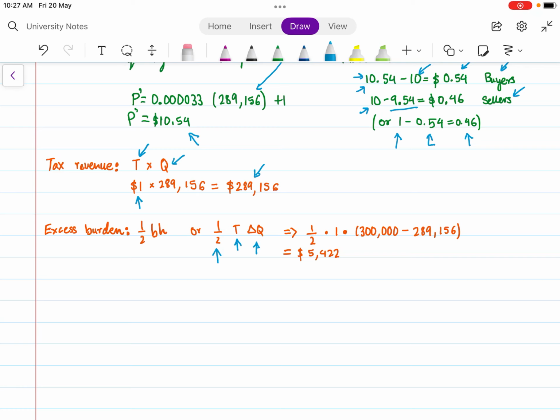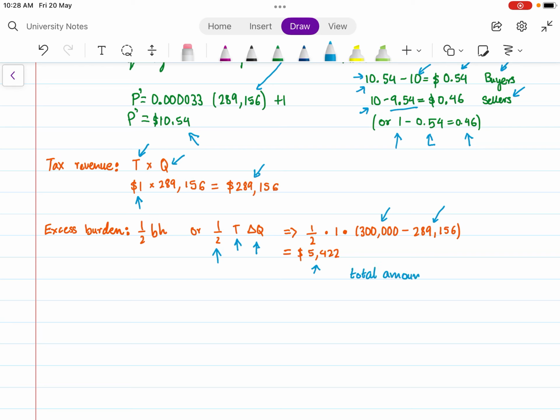And the change in quantity here is 300,000 minus the new equilibrium quantity, which is 289,156. And we get, in the end, $5,422. This is the excess burden, or the total